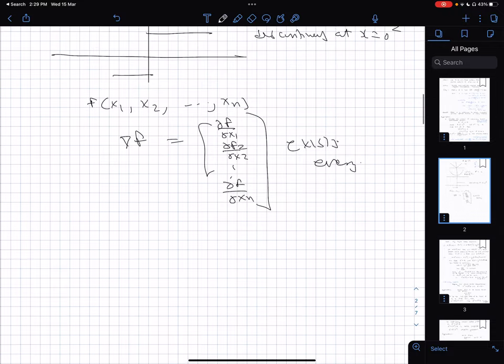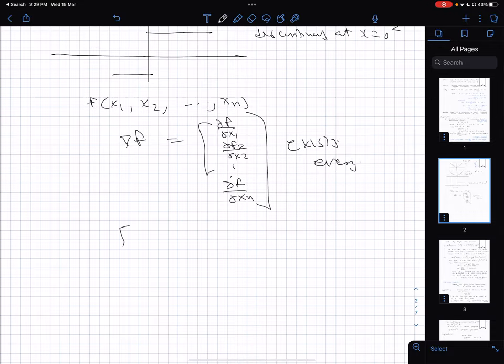And if you look at the second derivatives, you may not have come across this, but this matrix of second derivatives is an n cross n matrix. The function is from R^n to R. This matrix of second derivatives is called the Hessian matrix,